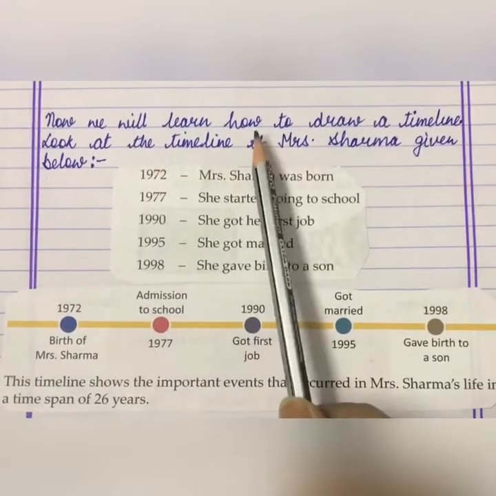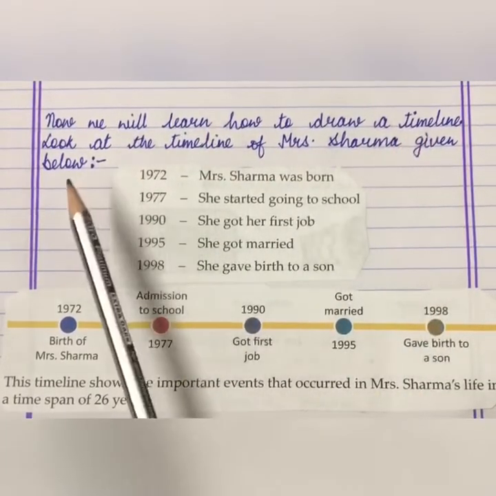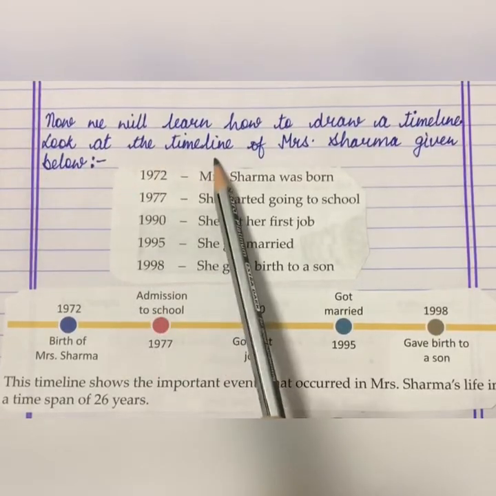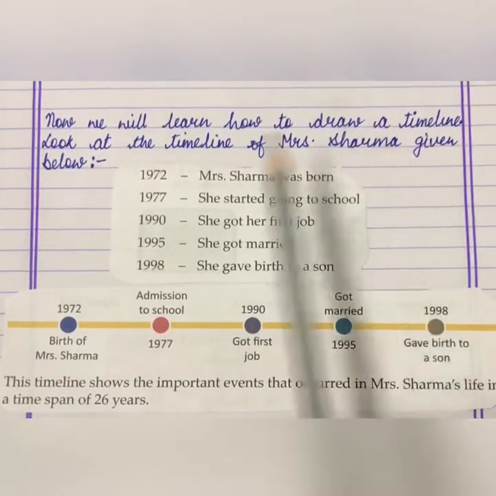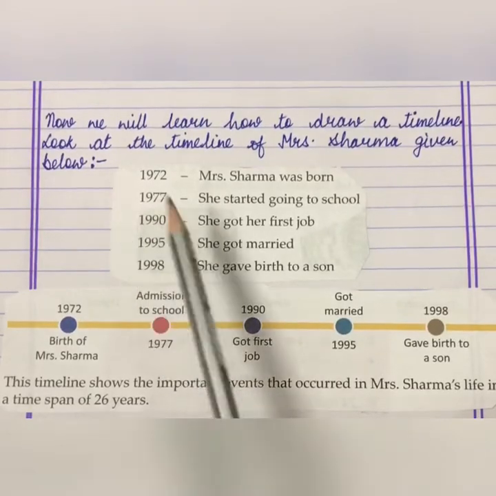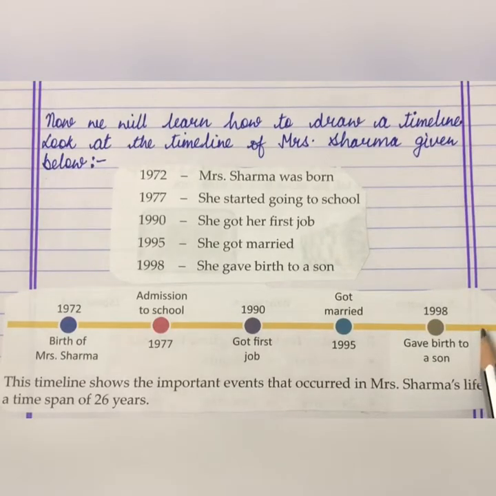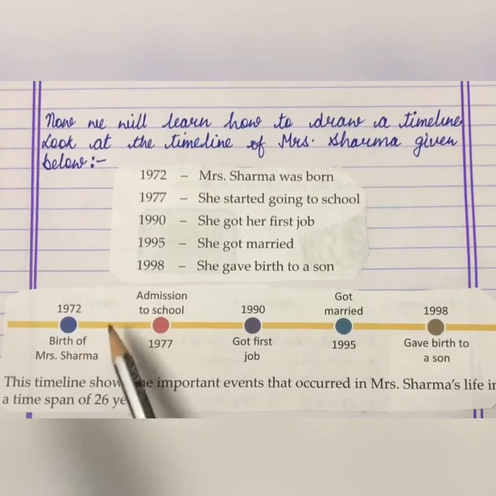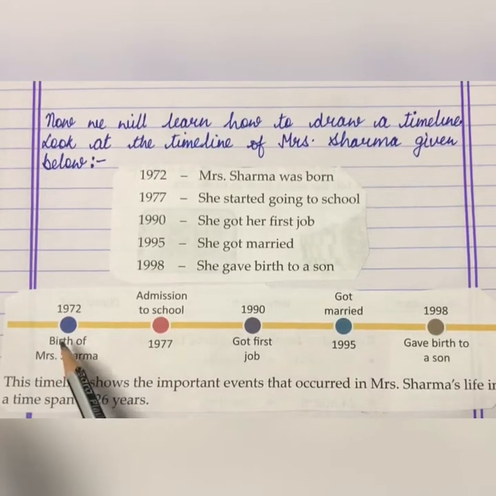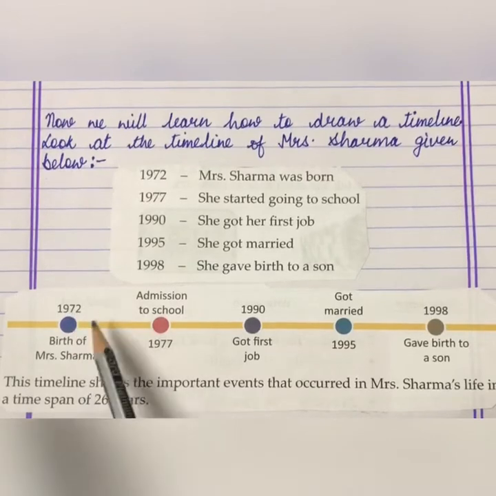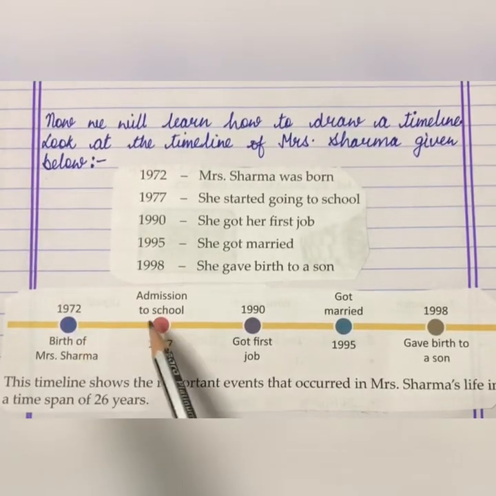Now we will learn how to draw a timeline. Look at the timeline of Mrs. Sharma given below. As you can see, in 1972, Mrs. Sharma was born. So, it was the birth of Mrs. Sharma. So, first of all, we will mark Mrs. Sharma's birth date. Then afterwards, in 1977,